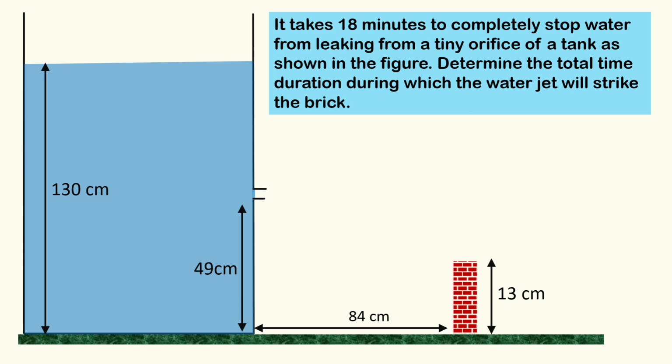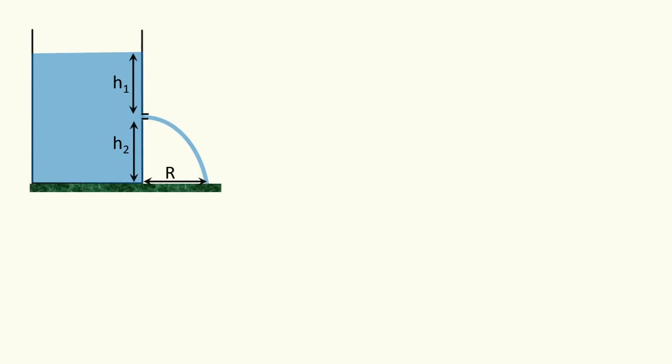And to solve this question, we have to know some facts. One is the standard result, that this range will be equal to 2 multiplied by the square root of these two distances, h1 and h2, right? So at whatever level we want to determine the range, the height above this level up till this orifice is h2, and from this surface to this orifice is height h1, right? And the next result we have to know is about the time of emptying, right?